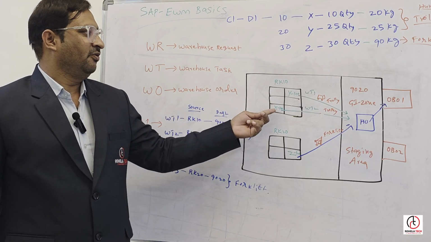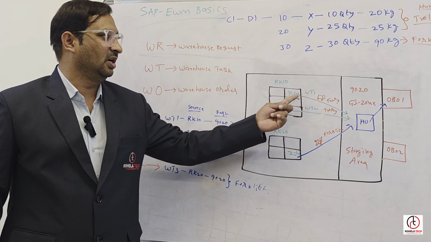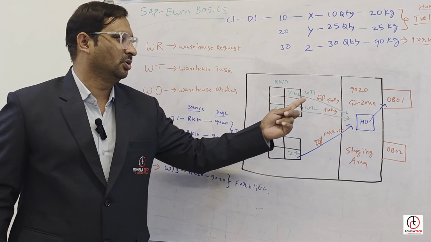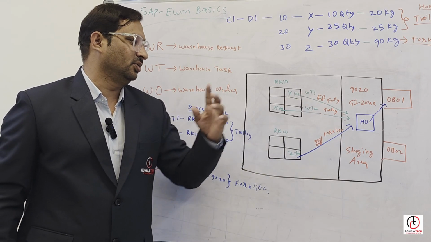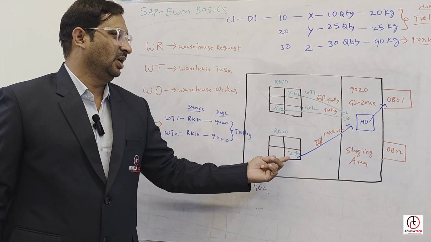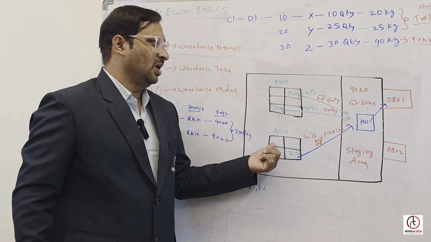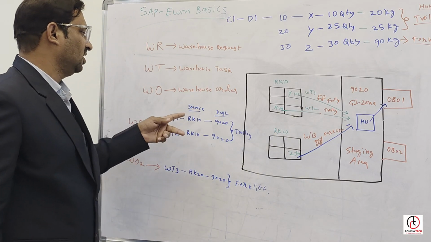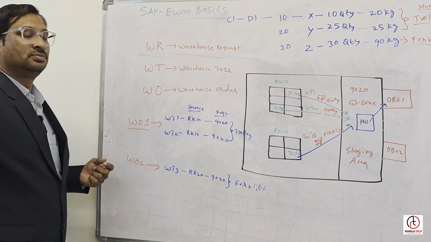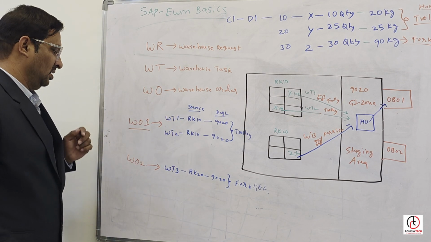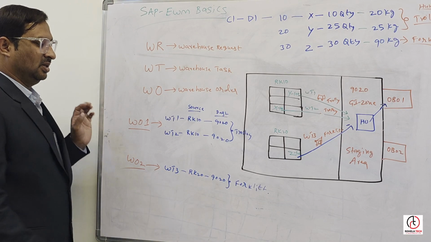So here we are going to pick the material from RK10 to 9020. So warehouse task 1 is created from RK10 bin to 9020. Warehouse task 2 is also created from RK10 to 9020. Whereas for the Z material, warehouse task number 3 is created from RK20 to 9020. So here the system is going to combine warehouse task 1 and warehouse task number 2 into this warehouse order, since we are picking from RK10. And warehouse order number 2 is only warehouse task number 3, which is 90 kgs, which can be handled by the